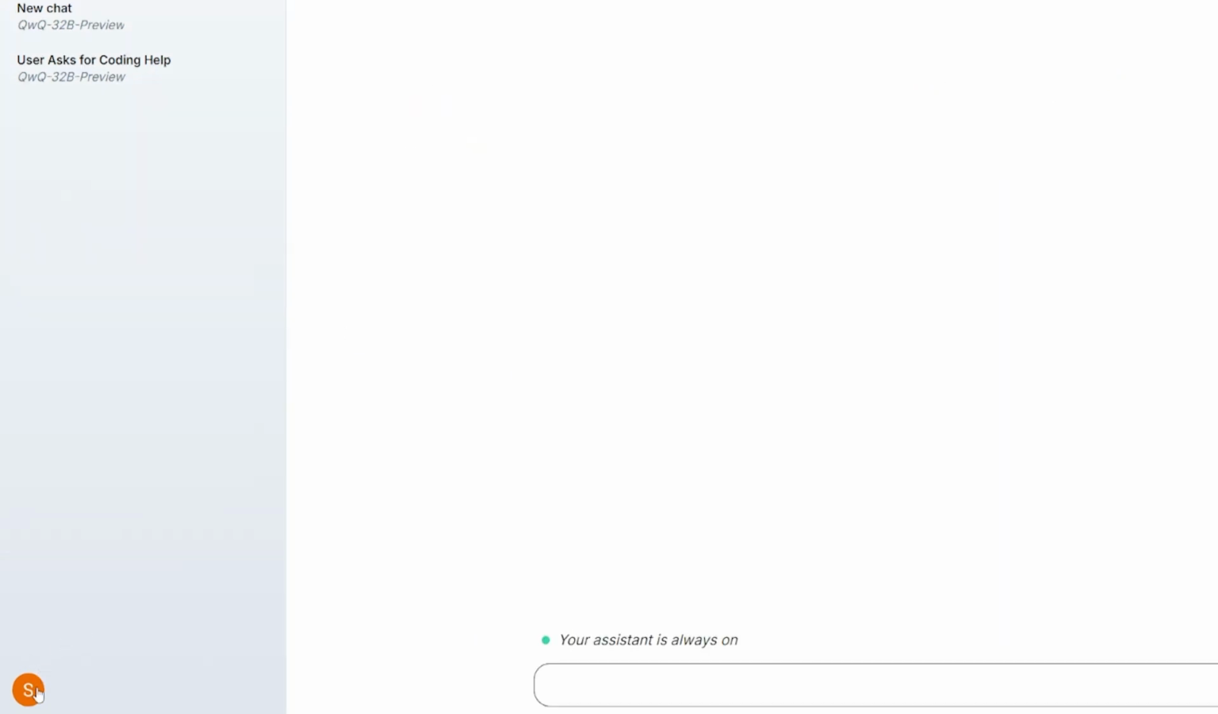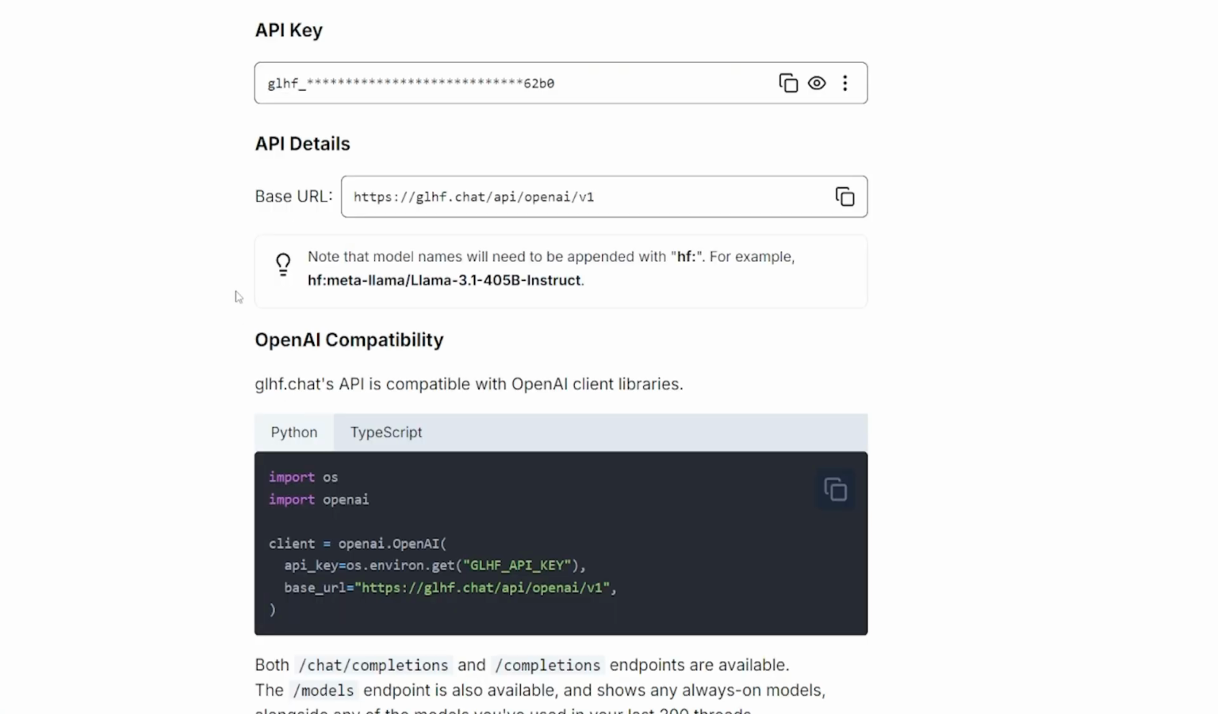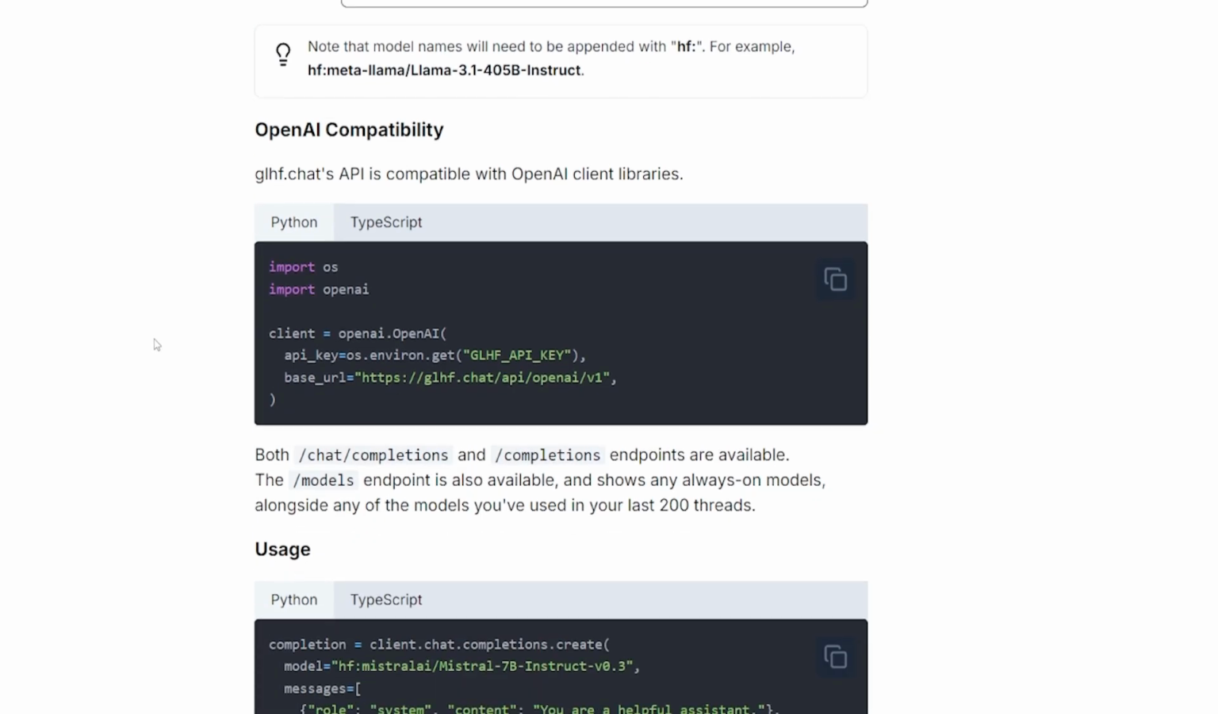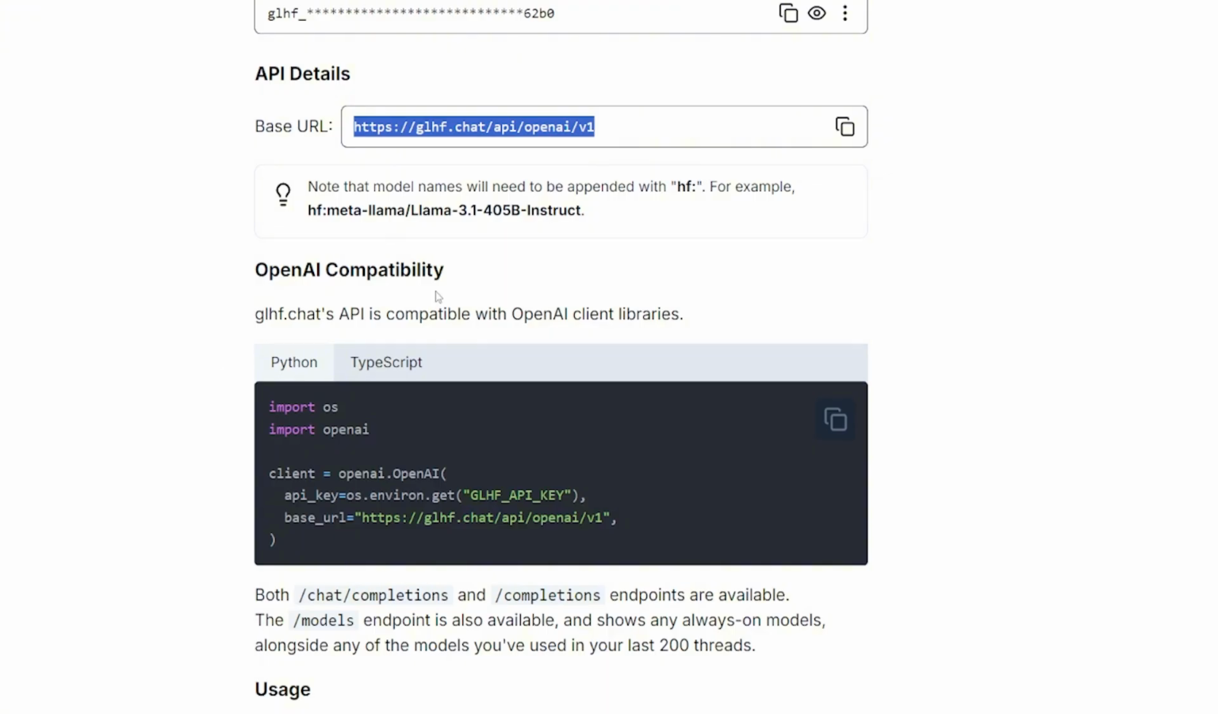To access the API information, go to your icon down below, select API settings. It will show you everything that you need. The first thing, the API key. The second one is the base URL. But right now we need the name of the model. This is really simple. I'm going to show you how to get it. It says here, note that the model name will need to be appended with HF, for example, HF, the model